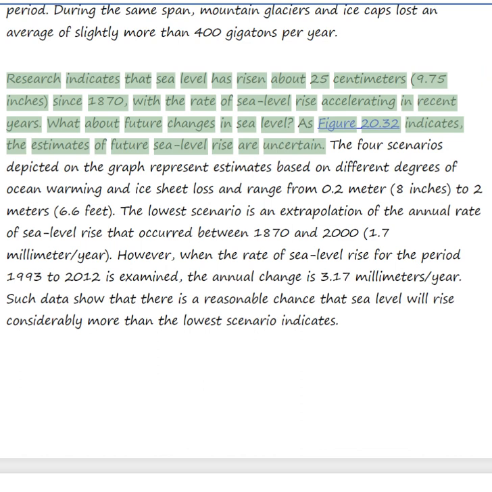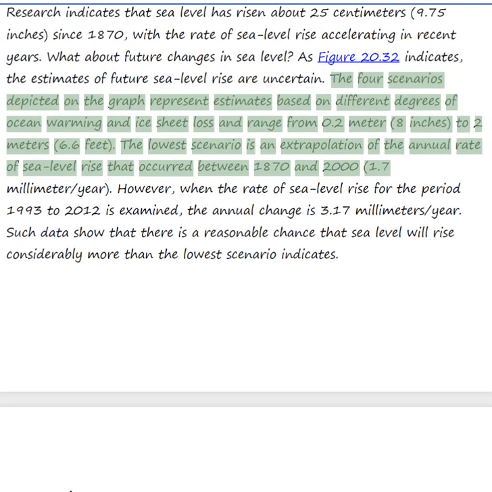Research indicates that sea level has risen about 25 centimeters since 1870, with the rate of sea level rise accelerating in recent years. What about future changes in sea level? As Figure 20.32 indicates, the estimates of future sea level rise are uncertain. The four scenarios depicted on the graph represent estimates based on different degrees of ocean warming and ice sheet loss and range from 0.2 meter to 2 meters. The lowest scenario is an extrapolation of the annual rate of sea level rise that occurred between 1870 and 2000,